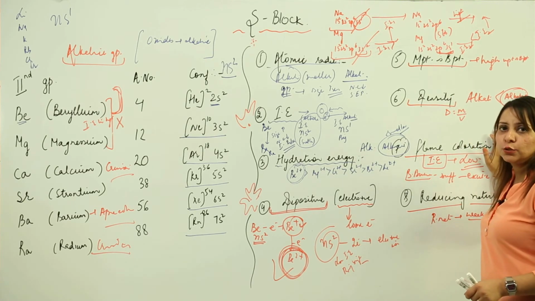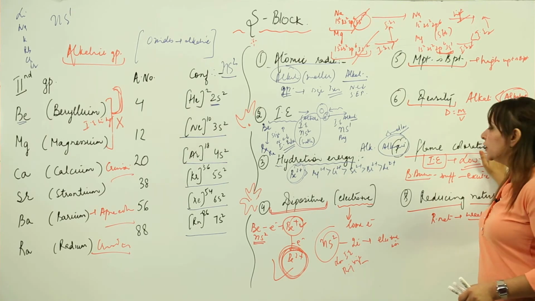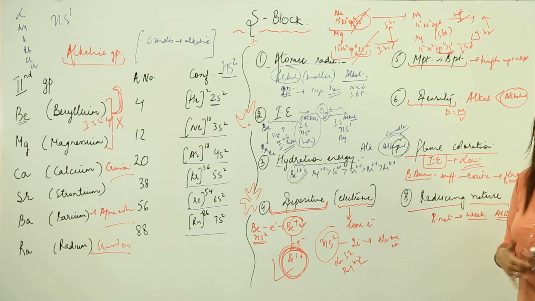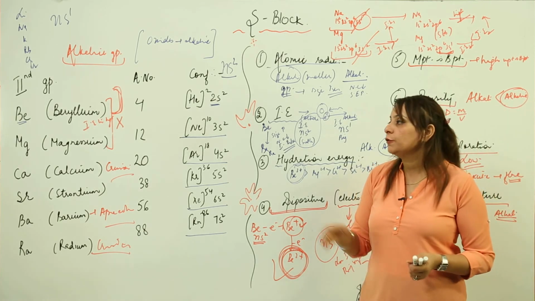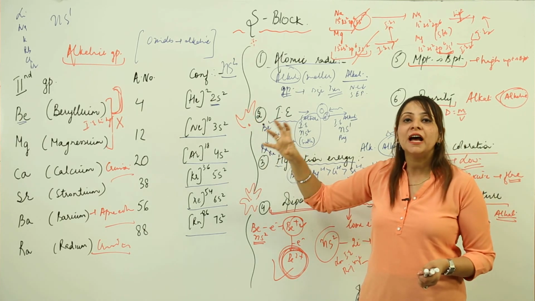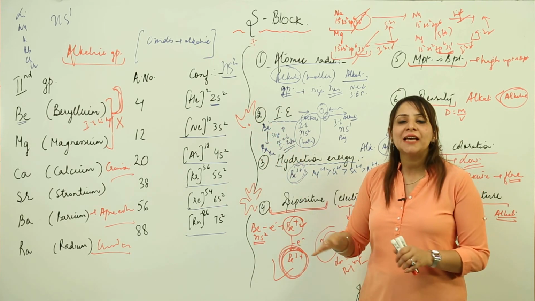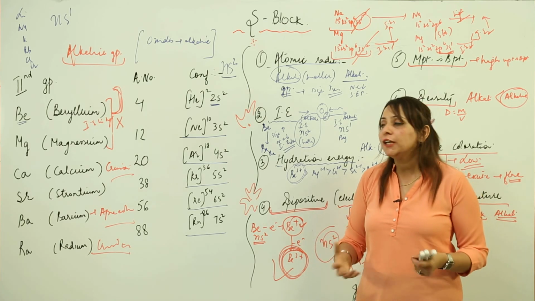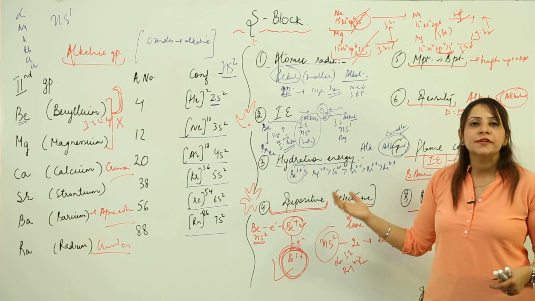Flame coloration, yes, they do have it, but beryllium and magnesium do not impart color because they are small in size. Otherwise the rest of the members they impart. Reducing nature, weak reducing agents as compared to the alkali ones. But still if we talk about the group, we see a lot of variations because out of them beryllium is going to be very small with the highest nuclear charge and the highest ionization energy. But as we move down, the size is increasing, ionization energy is decreasing, electropositive character is increasing, and a lot of things were found in the group, right. So this is what the physical properties are. Now